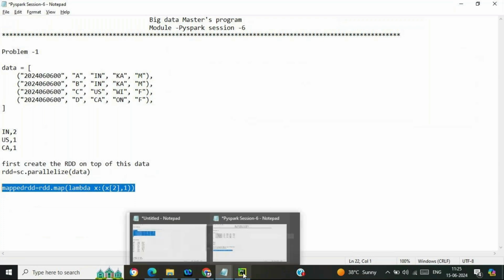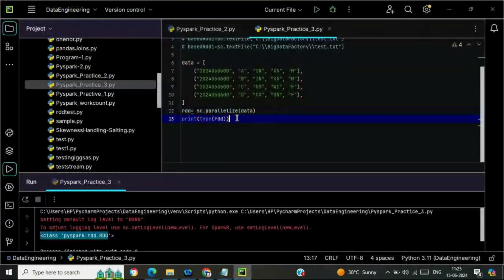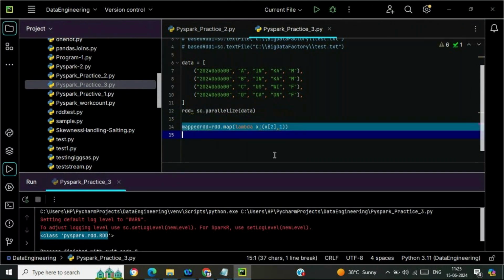Just have a look. Let me mention it over here and print mapped RDD dot collect.